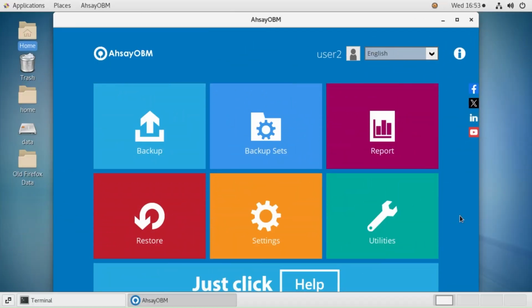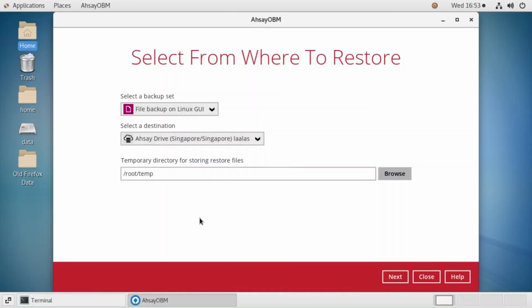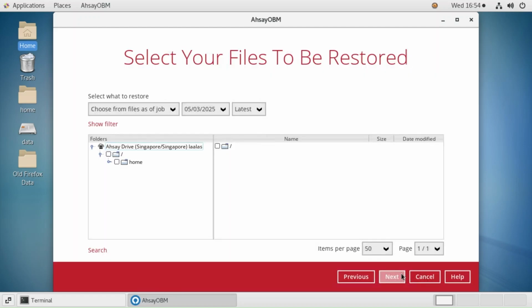From the Ahsay OBM home screen, click Restore. Select the backup set. Then select a destination where to restore your data from. Check the temporary directory and configure if needed. Then, click Next. For the first scenario, let's say you'd like to restore deleted or missing files and/or folders to